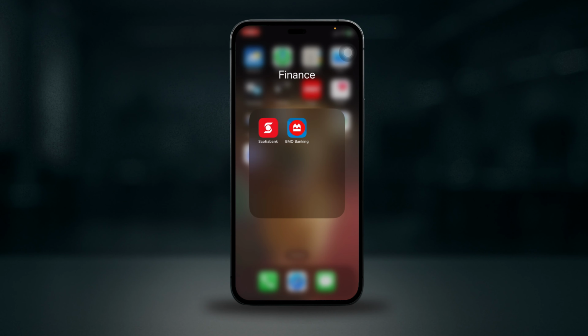Hey everyone, welcome back. If the BMO app keeps crashing on your phone, it usually means that it's a software